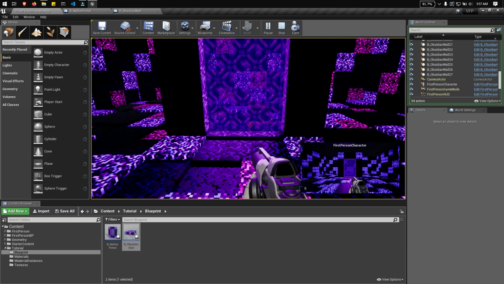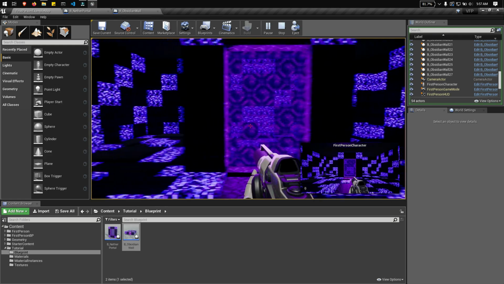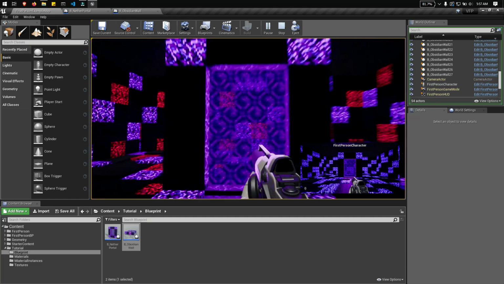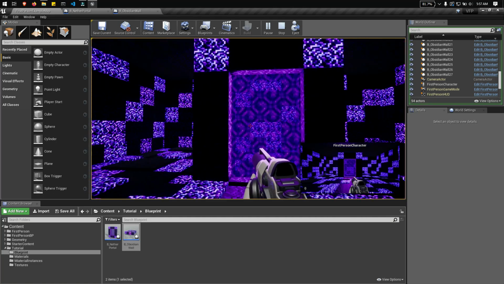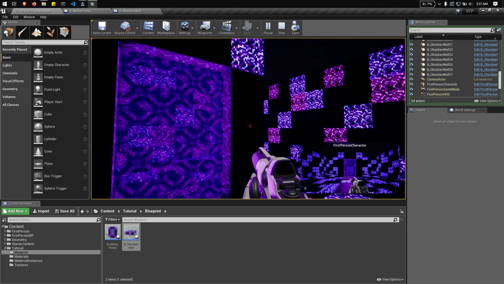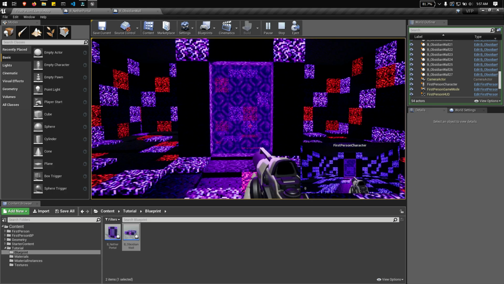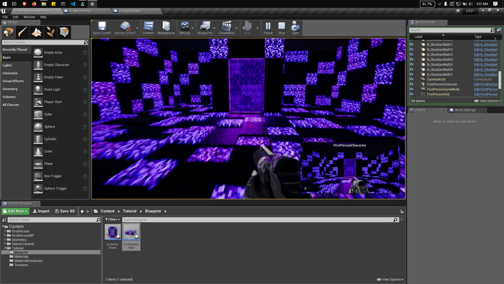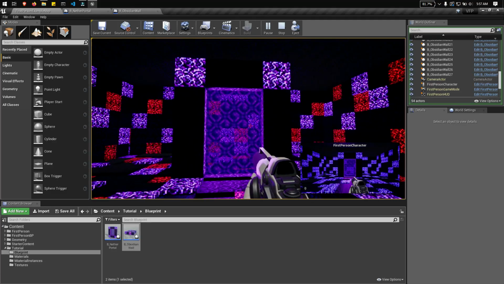We're not done yet because we don't have any nodes applied in the event graph. But in the next video, I'm going to show you how to apply nodes in the event graph, how to make the blueprint interact on a level or in a world. But for now, this is how we create a blueprint actor in Unreal Engine.